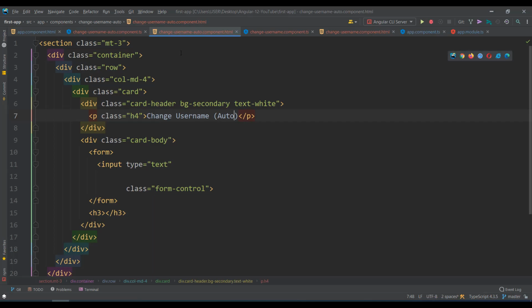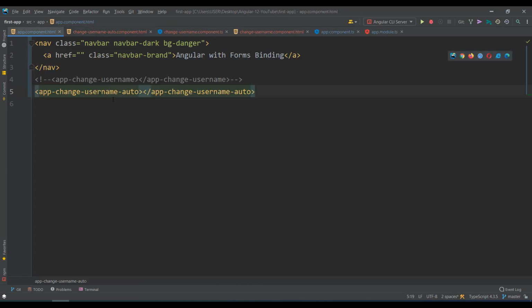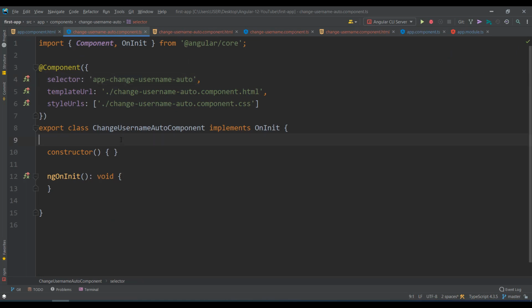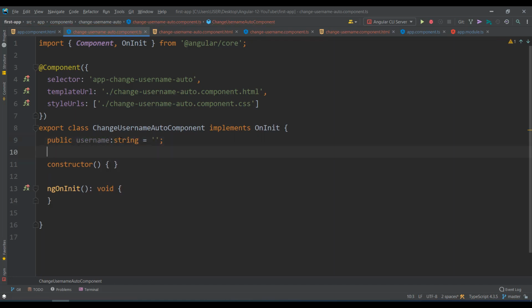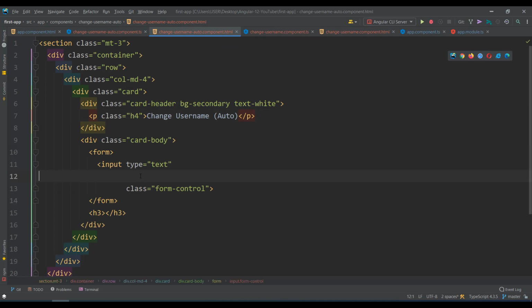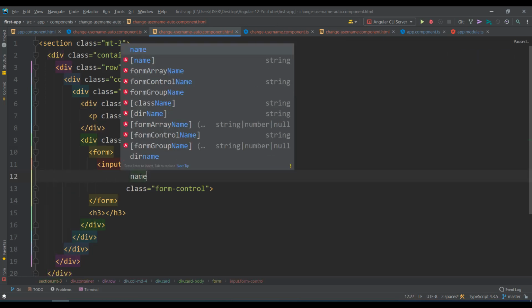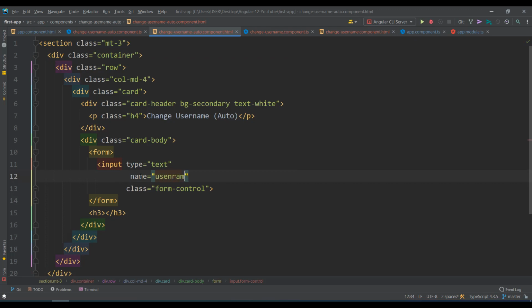The first thing you do, in the automate process it's very easy, is go to the TS file and create a variable: public username of type string is equal to an empty string. Just take one variable, username, and this you want to bind two-way. Here you first have to give a name, most important, some name, username.